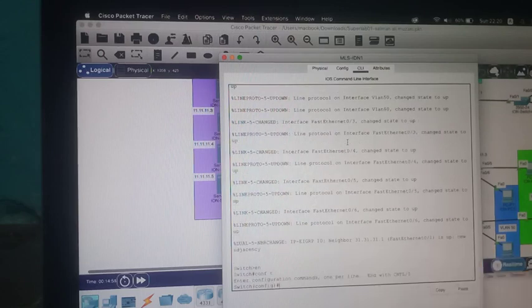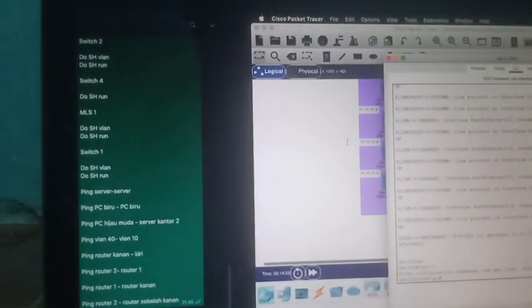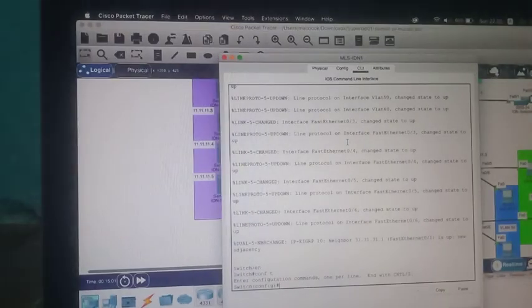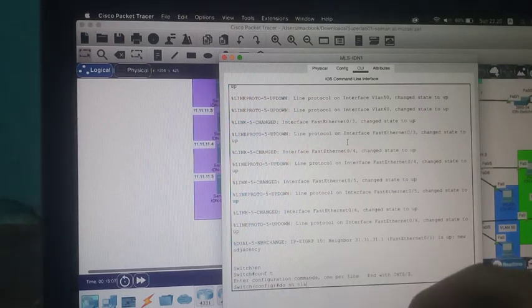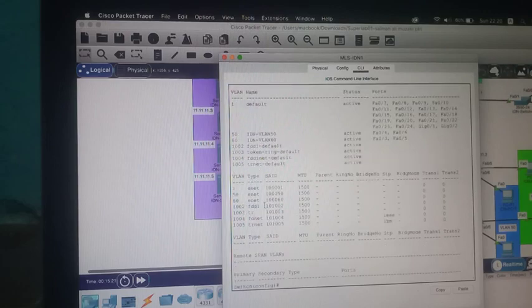We do show VLAN, and the VLANs 50 and 60 are active.